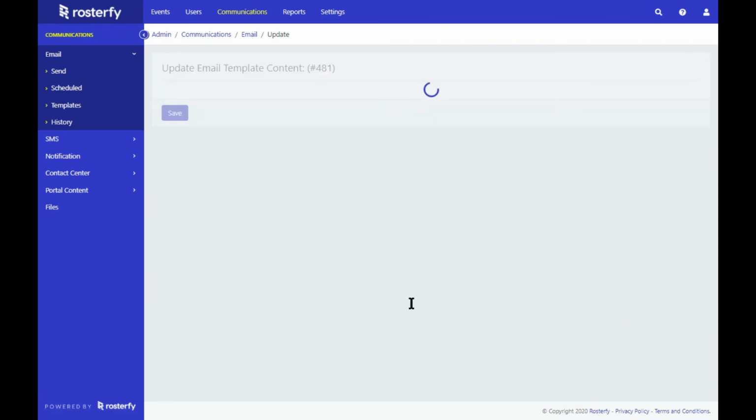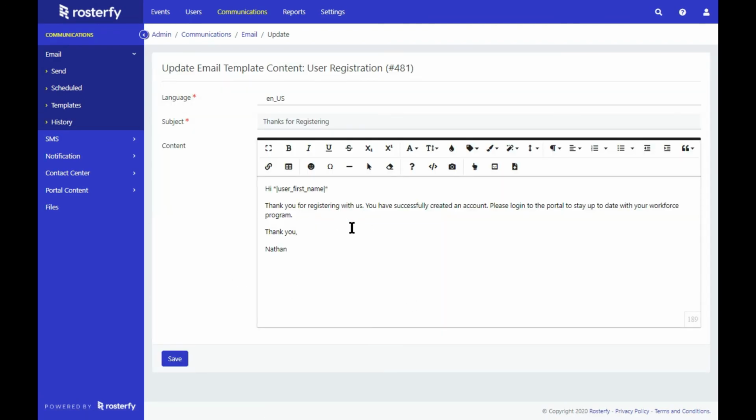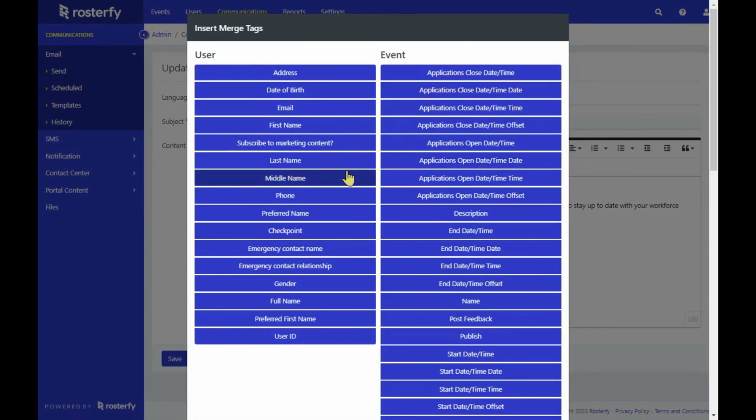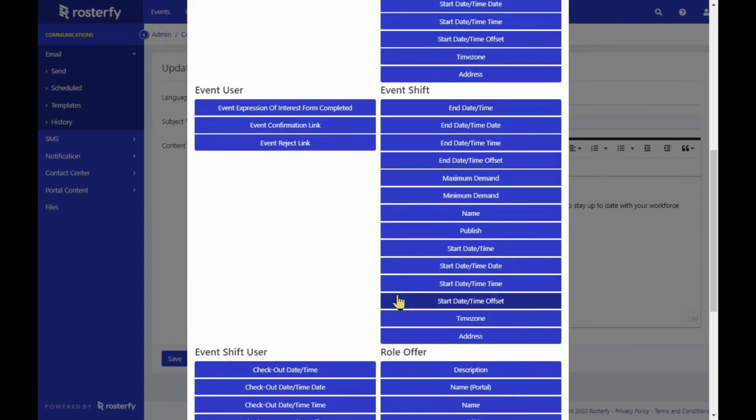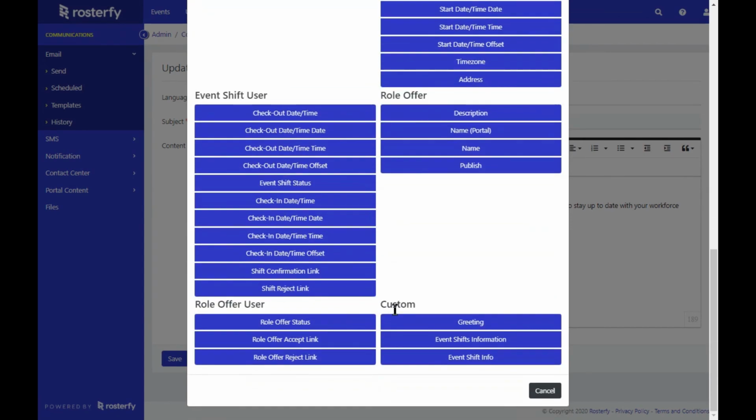If we click through and update template, what we can see is that we've got a standard word editor. Inside the content box you can bold and use italics. You can also use merge fields to add in information. It's important to remember to use the correct one for what you're doing. When it's a user merge type, you're able to use that for initial content or whenever they've completed the registration, because they'll have completed that. But if it's something like an event or a shift merge type, you won't be able to use those as they wouldn't have completed it.